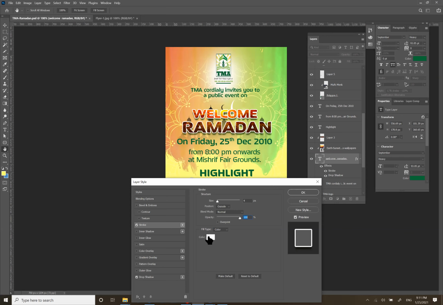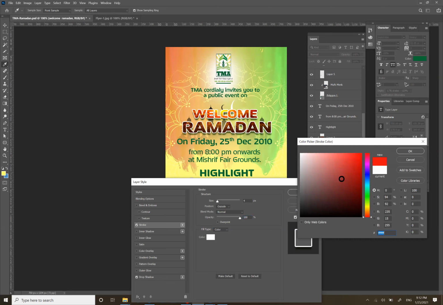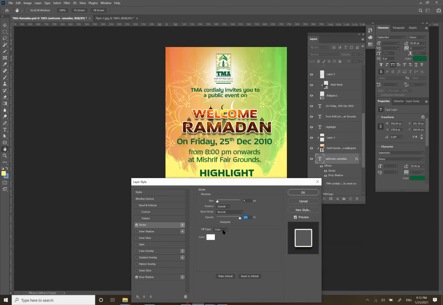And then there is fill color. What kind of stroke you want to give? Whether it is red, blue, whatever the color you select, it will be shown on the layer. Then fill type, whether it is a single color or a gradient. See this gradient effect, it looks interesting. I will select a gradient pattern like this.